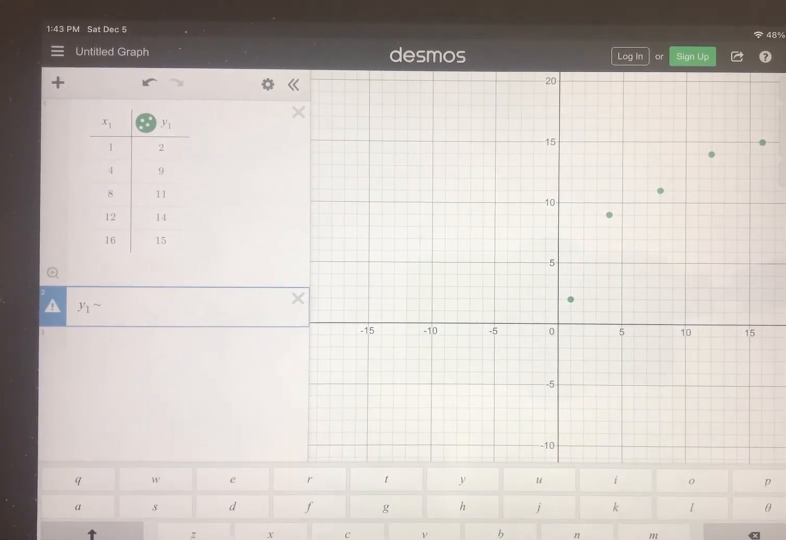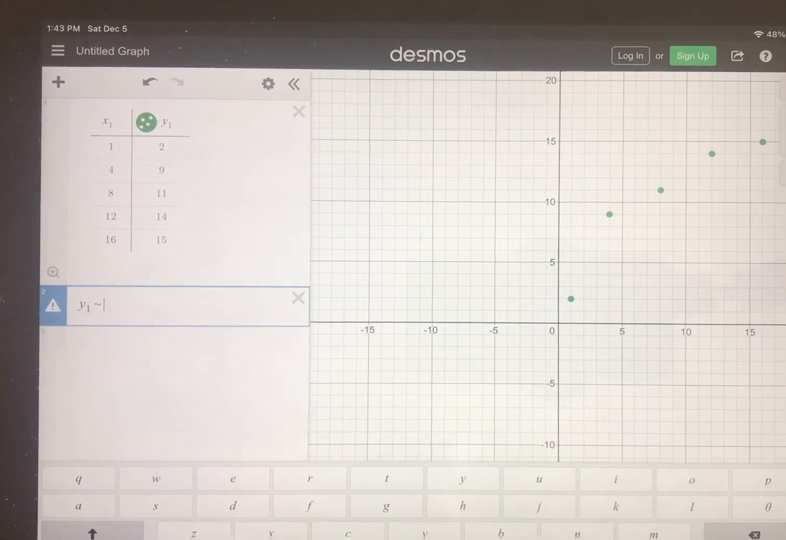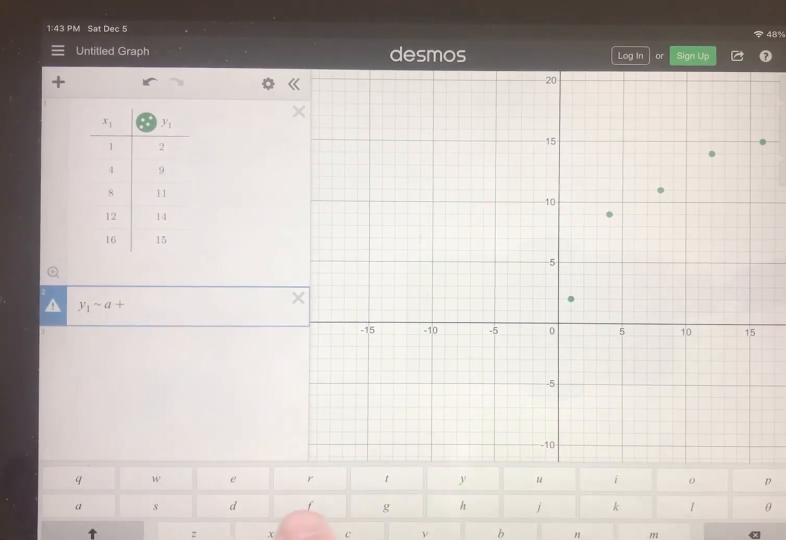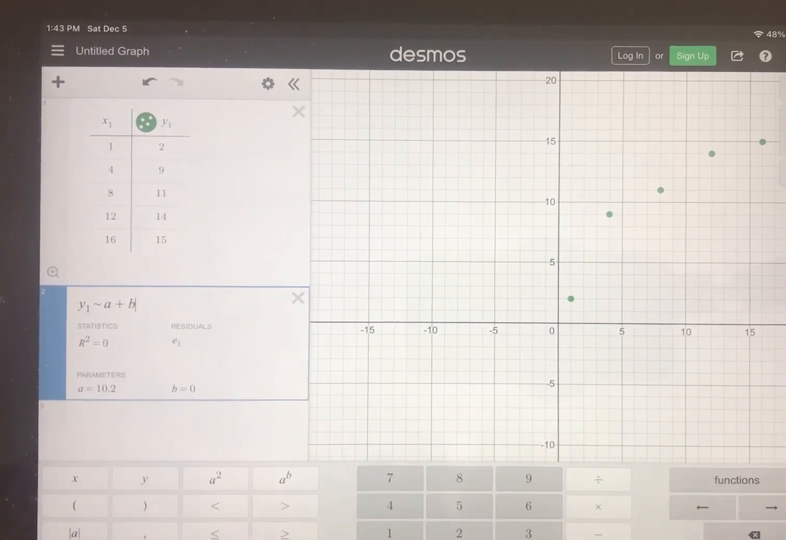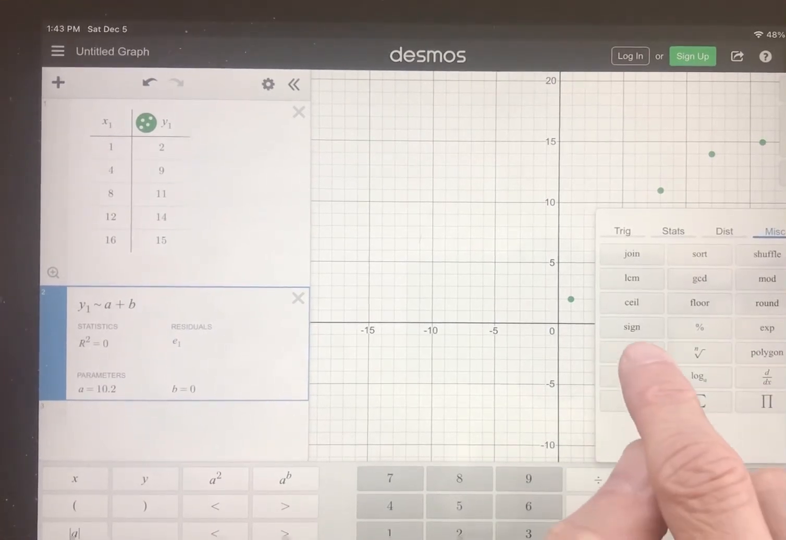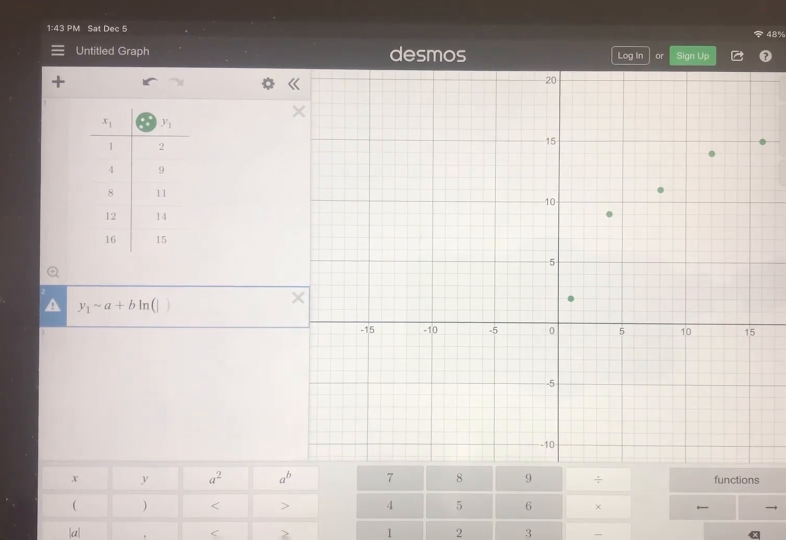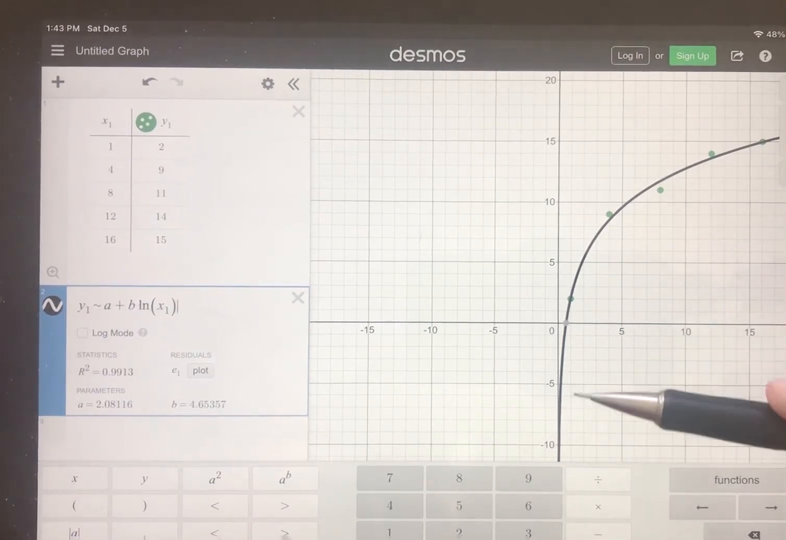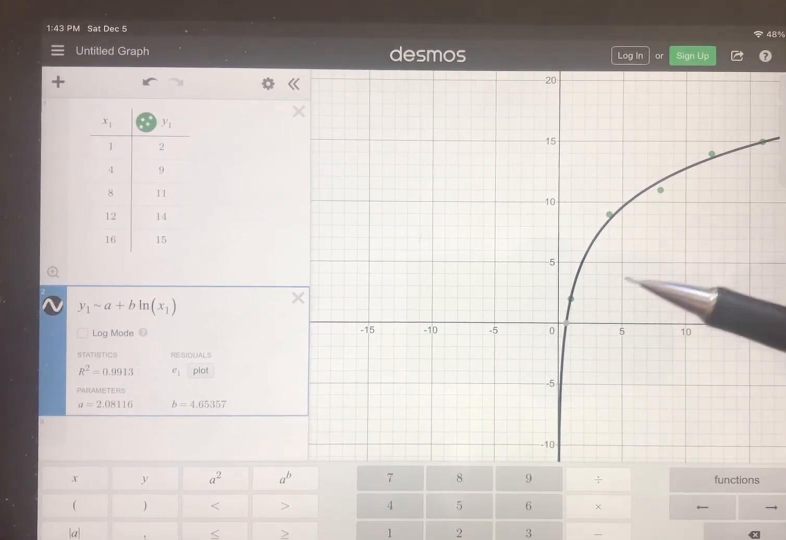There's the tilde, and our logarithmic equation to come up with it is a plus b. And then I want the natural log. I'm going to go into functions, and under miscellaneous, I see the natural log is right there. I want the natural log of x sub 1, and I'll close the parenthesis. And you can see what Desmos did is it recognized that this data had a logarithmic feel to it, and it plotted